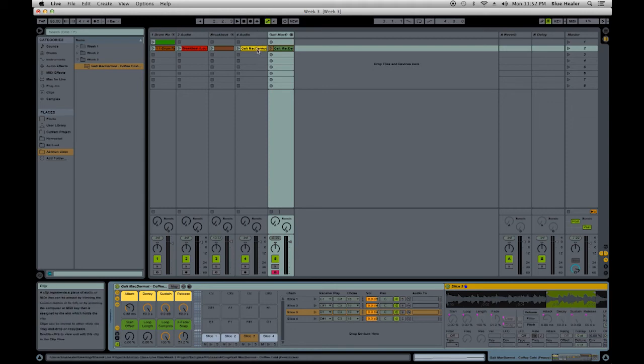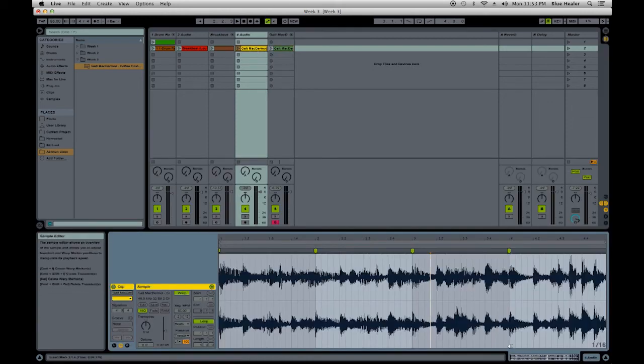The reason that I go through the process of warping this as a 4-bar loop, slicing it down to the 4 bars, warping it as a 4-bar loop, and then trimming up every little hit to make it sound right, and then freezing it, and then flattening, and then slicing it, is because now, if I turn the drums on,